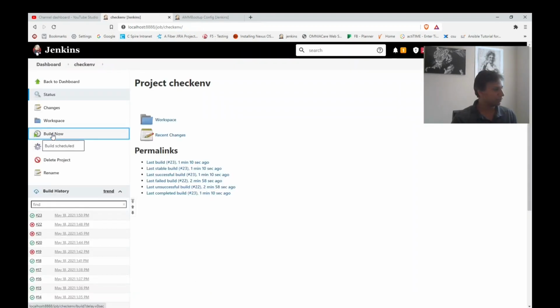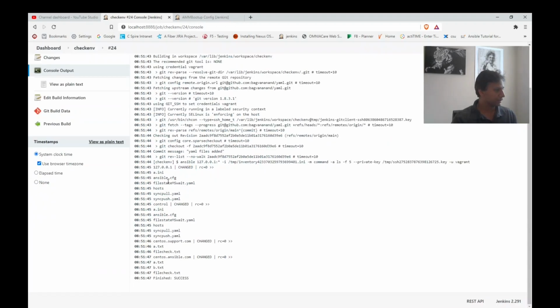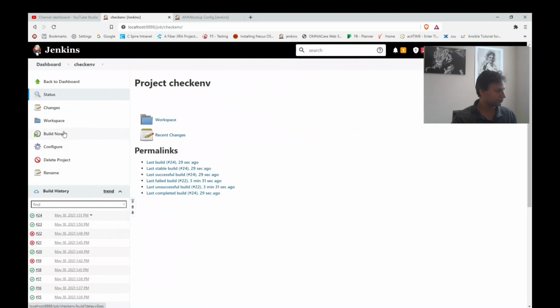When I'm trying to build now, see, it is trying to list the files from all the hosts, including, let's see, what are the hosts it was trying to get from: CentOSsupport.com, CentOSAnsible.com, and also from this localhost. Let us try to give like this.